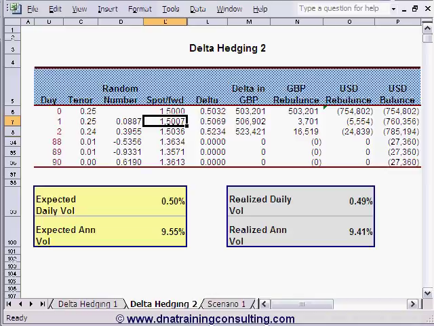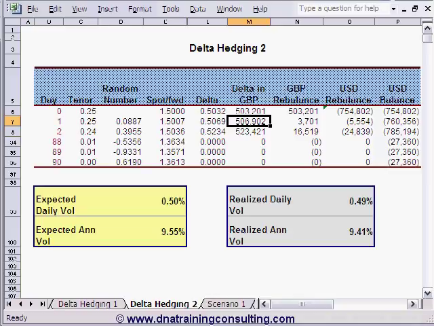Our delta appearing in L7 has, of course, increased a little bit to 0.5069, so that today my total delta hedge would require me to be in aggregate long